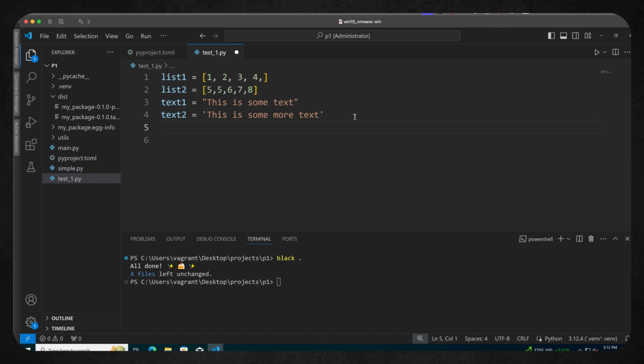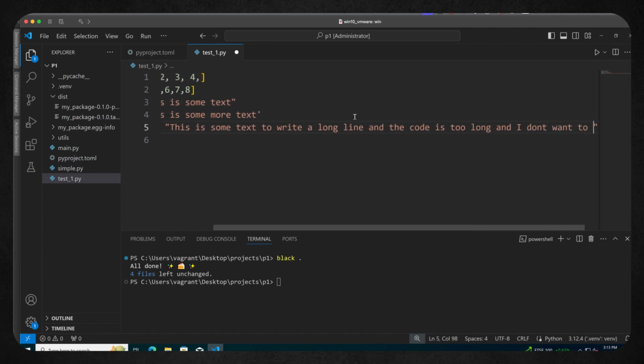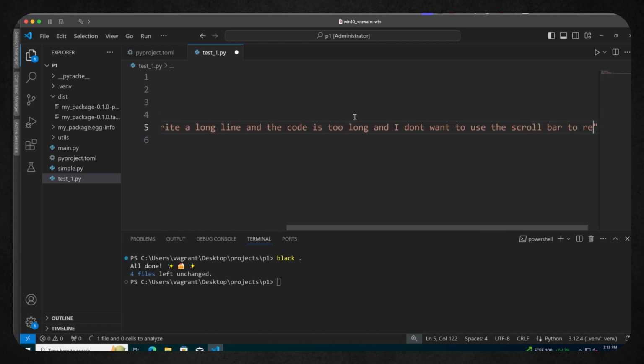But we'll put in some longer lines. So we could have my_variable equals, and then "this is some text to write a long line, and the code is too long and I don't want to use the scroll bar to read it."